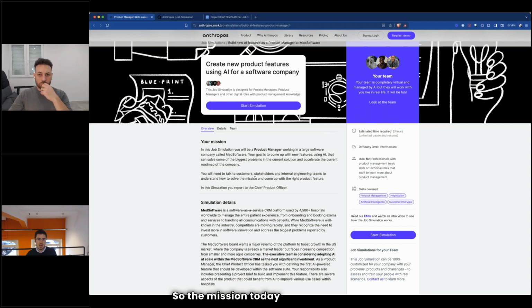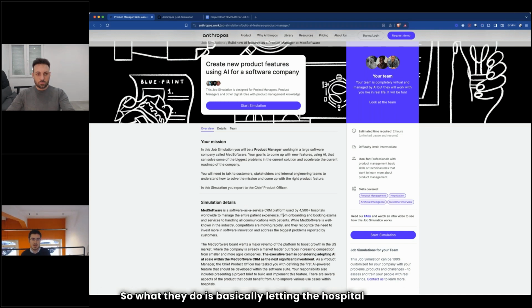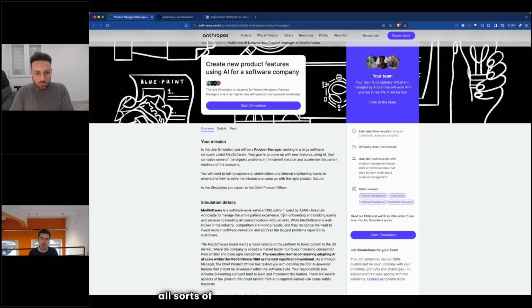So the mission today is being part of a company called Met Software. This company is a US company, software as a service. They are an enterprise solution for hospitals. What they do is basically letting the hospital organize all sorts of data, all sorts of service for the end users or for the patients, but also for anything that is related to their backend, their